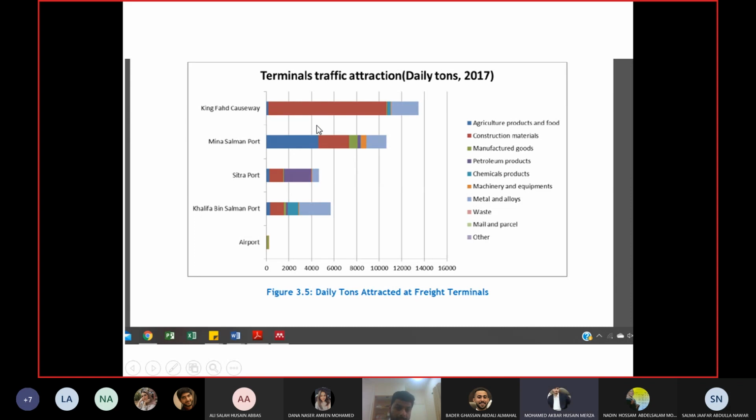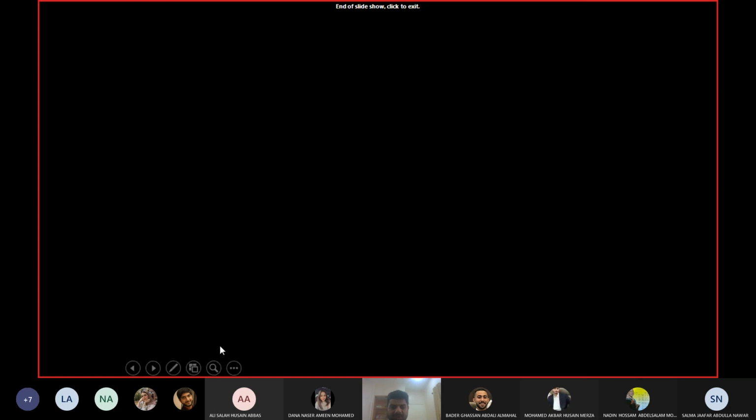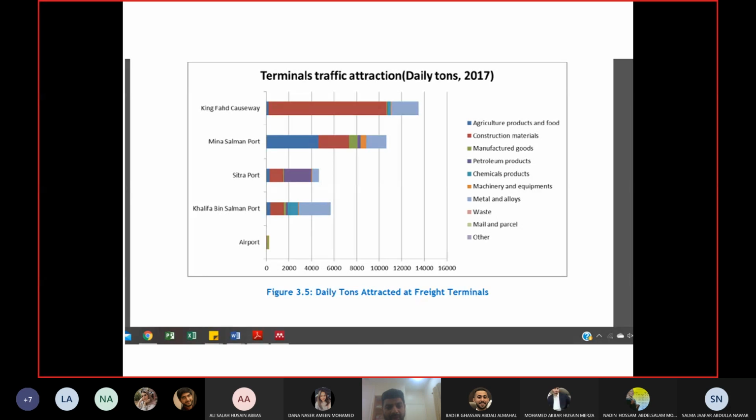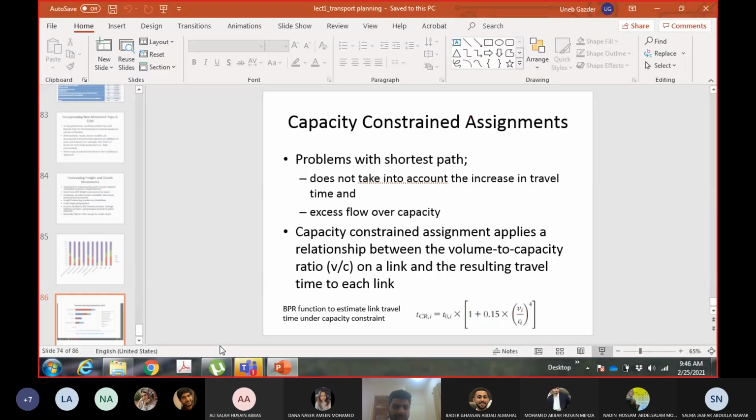Sorry. Are these values accurate? Yeah. They are from 2017. They were given to me by my student who is working in the Ministry of Transport. Okay, she is doing her masters. Okay, so I've just taken a couple of figures from her thesis. You can see the figure number as well here. Her name is Fadwa, so I must thank her.